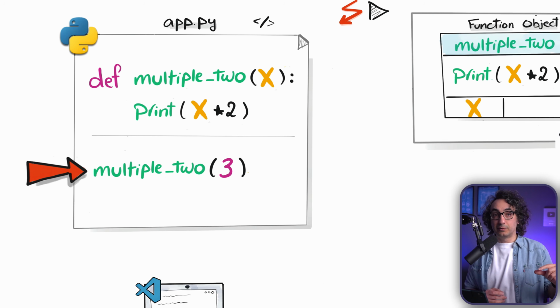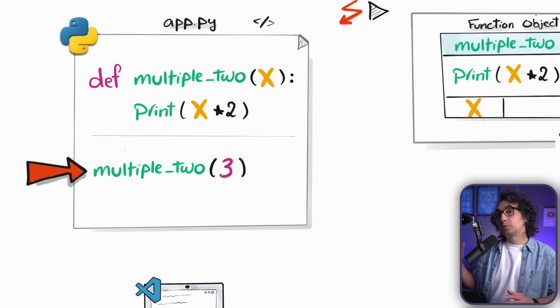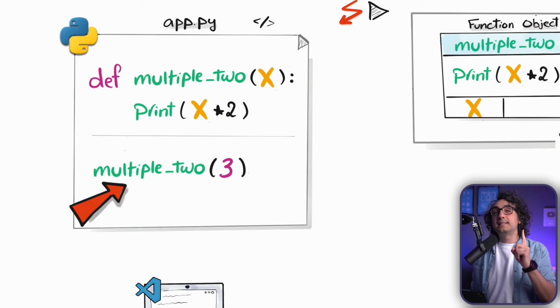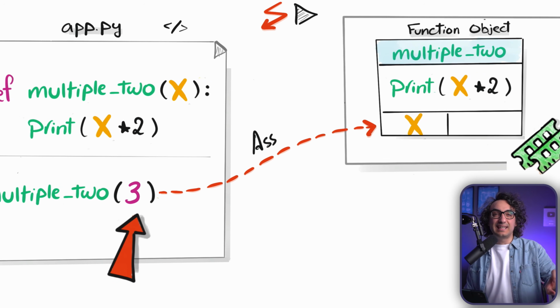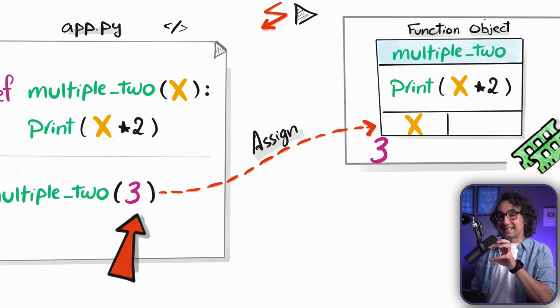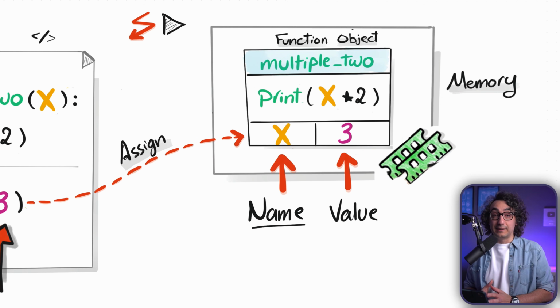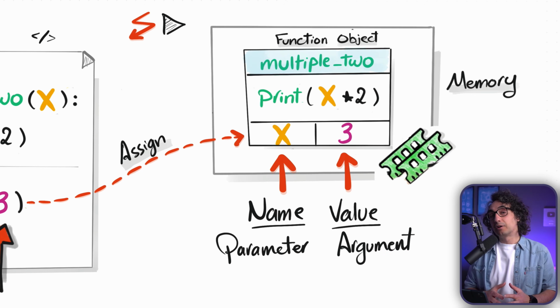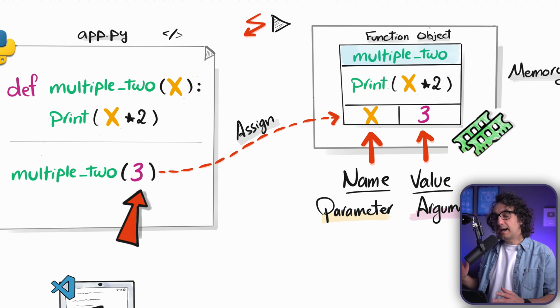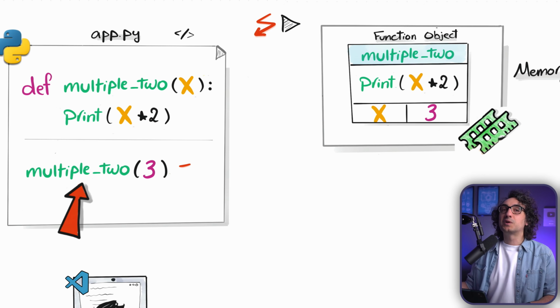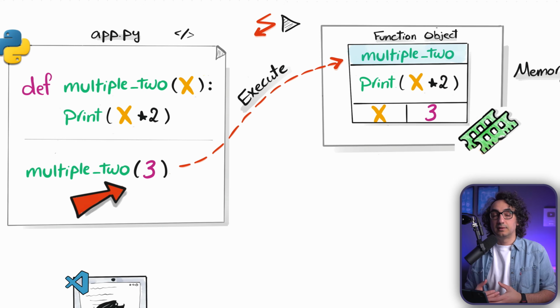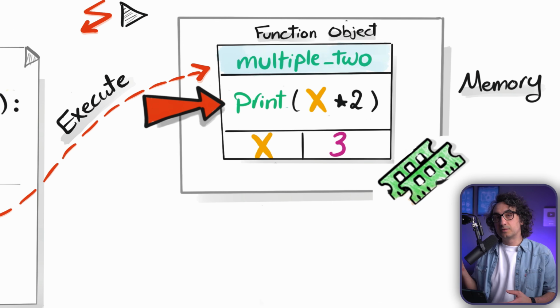Now Python is going to see, okay, I know this name, I have it in the memory, and now it's time to execute the function. But first there is one step to be done, which is that Python is going to take the argument value and assign it to the parameter. If you are looking at this, it looks exactly like variables, where you have a variable name and a variable value. So the name is here the parameter, the argument here is the value. With that, we just filled the placeholder with a value. Now after the assignment, Python is going to start executing the function. It's going to see the function print, and inside it, it must do the calculation first. So it's going to pick the value that is assigned to the local variable x.